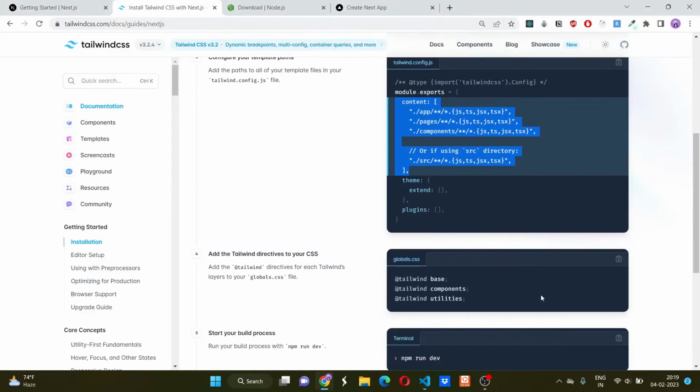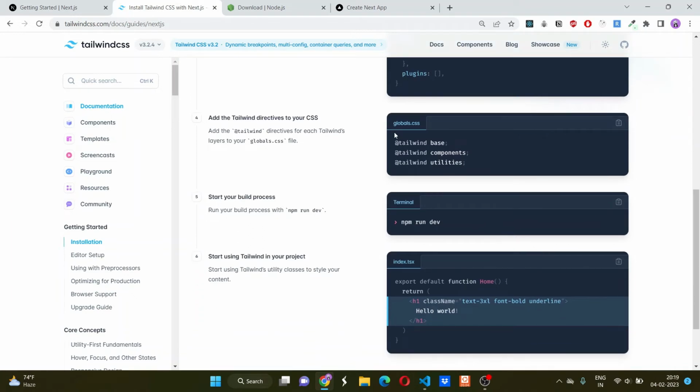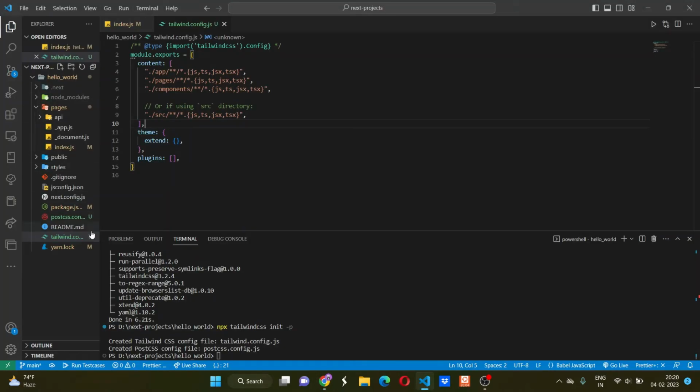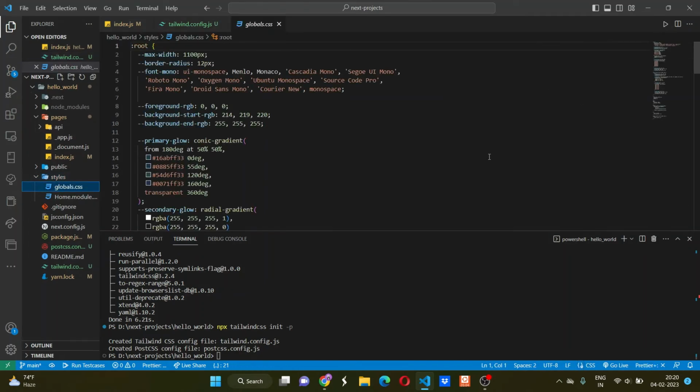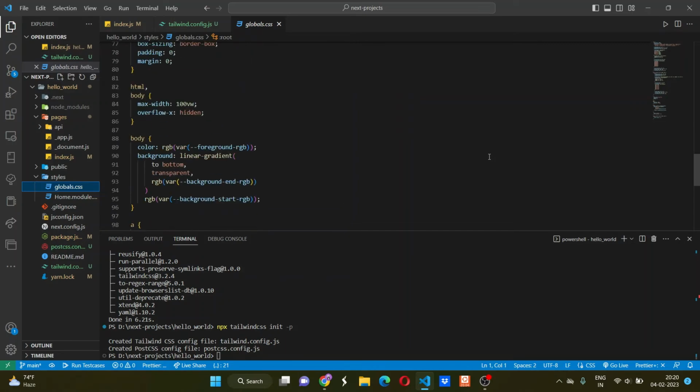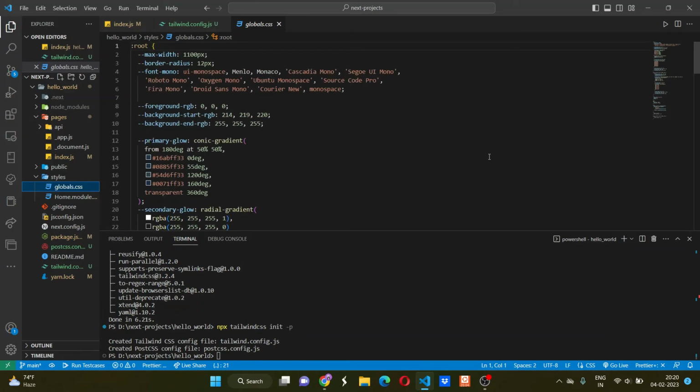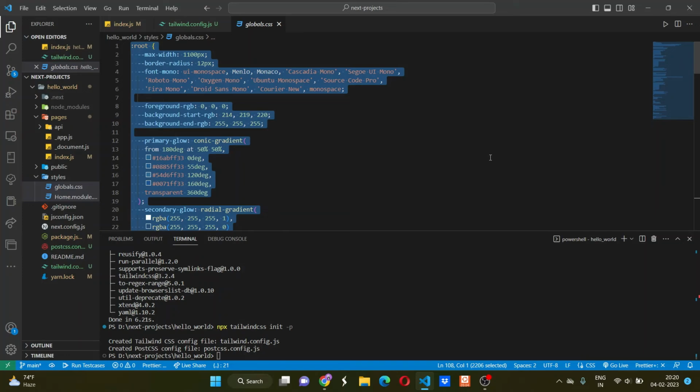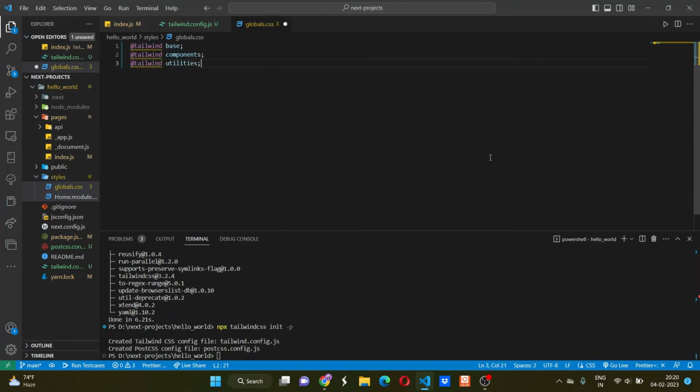Next, we'll move further and we'll see that in the globals.css we have to paste this part. Let's copy it and in our project, let's go to globals.css. Inside the styles folder, we can find globals.css. These are some default CSS which are given in Next.js by default, so we'll not need it, so we'll just copy it and delete. We'll paste the